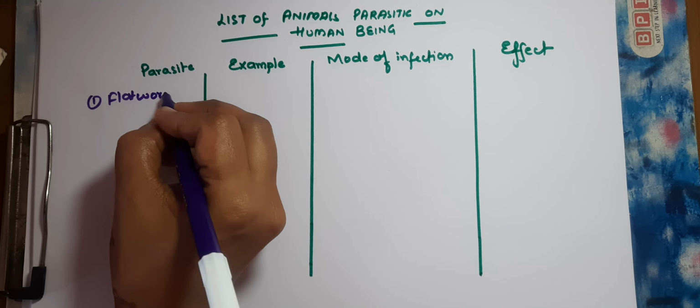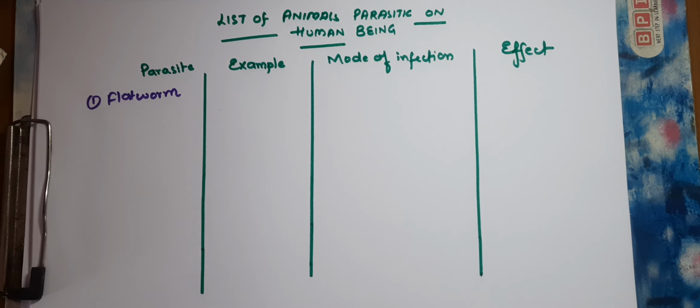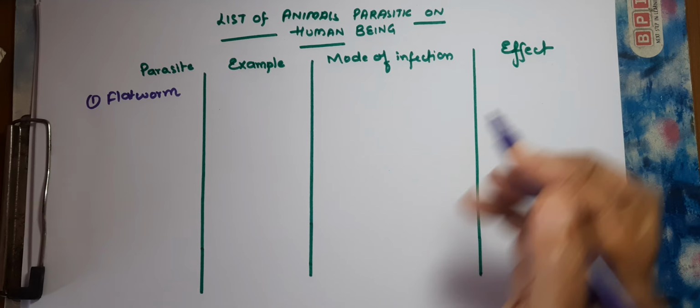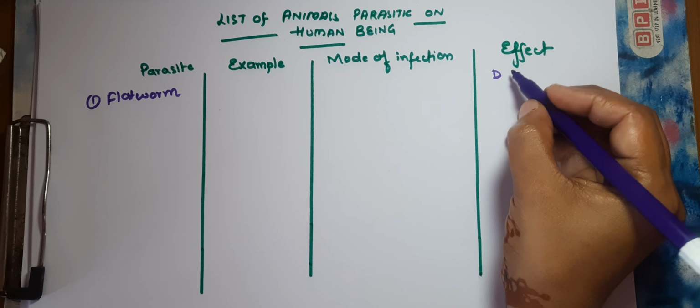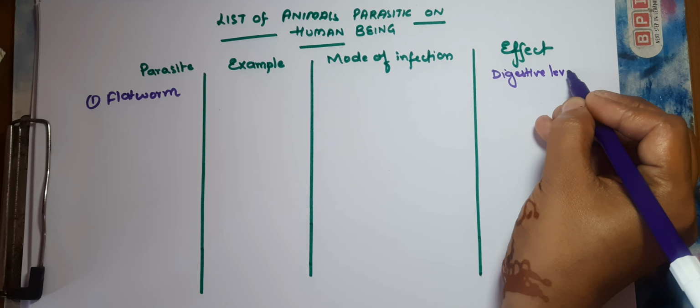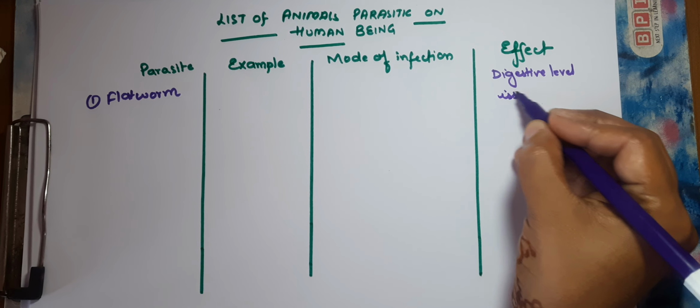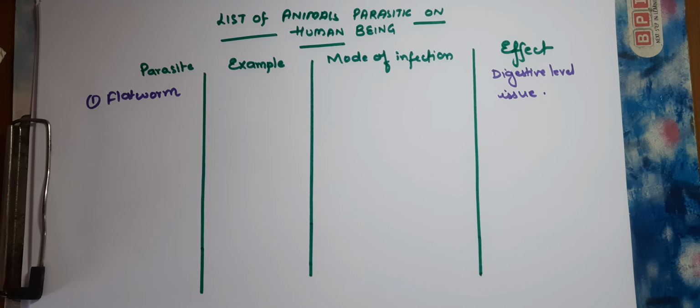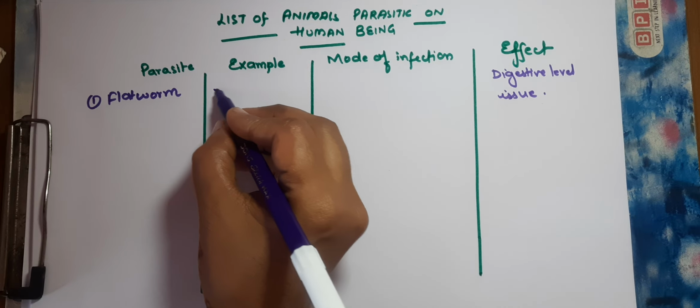So flatworms are also known as platyhelminths. They are internal parasites that live in the digestive system, blood vessels or the tissues of the human. They will cause digestive level issues because they live in the digestive system, blood vessels or the tissue of the human. So if we take the example of the tapeworm,